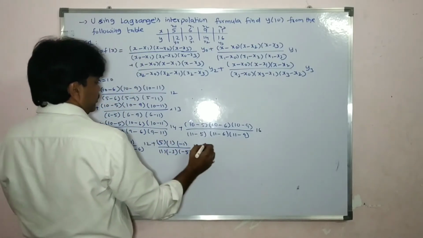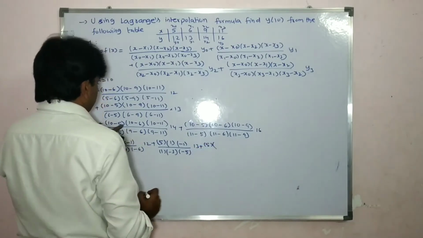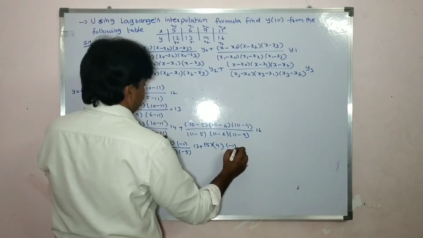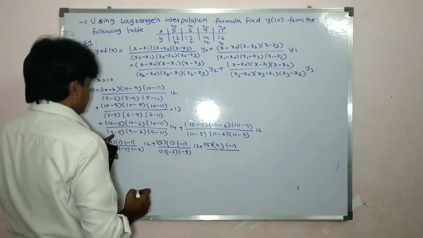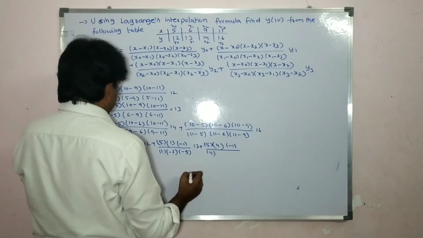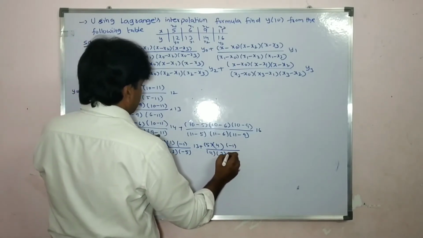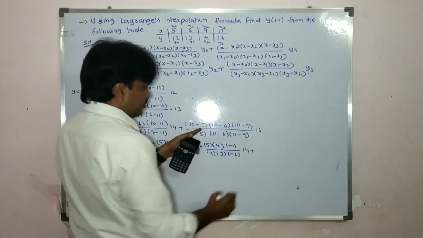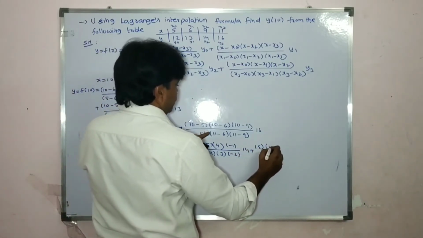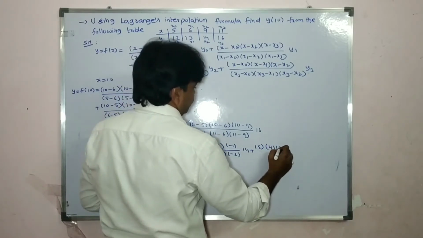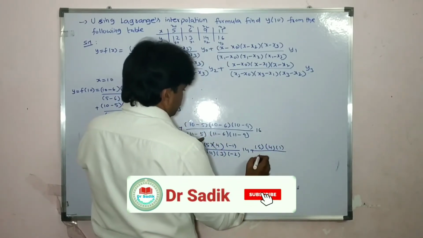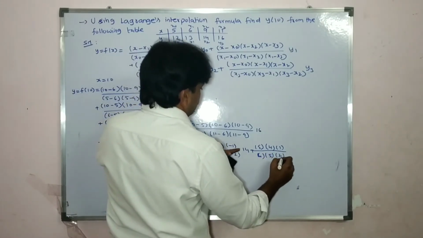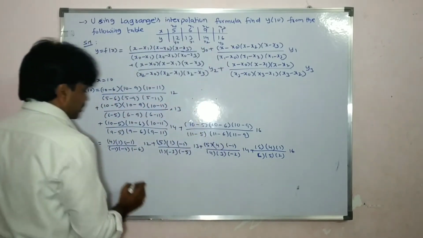here (10 minus 5) is 5 into (10 minus 6) is 4, (10 minus 11) is minus 1, divided by (9 minus 5) is 4, (9 minus 6) is 3, (9 minus 11) is minus 2, into 14, students, plus (10 minus 5) is 5, 4, 1 divided by (11 minus 5) is 6, (11 minus 6) is 5, (11 minus 9) is 2, into 16, that is equal to